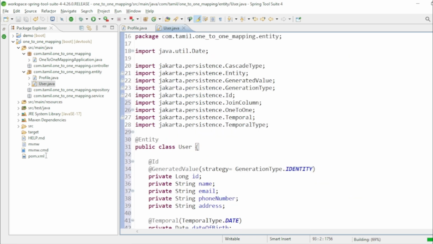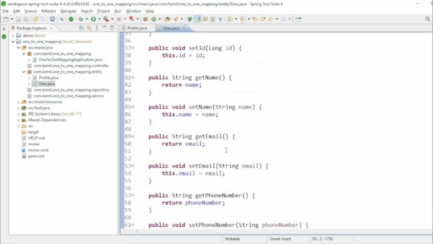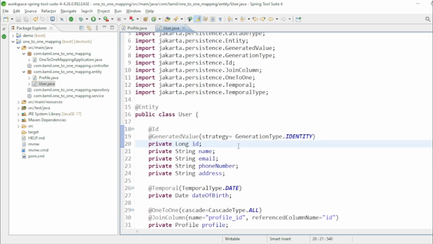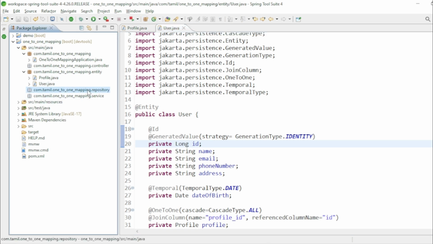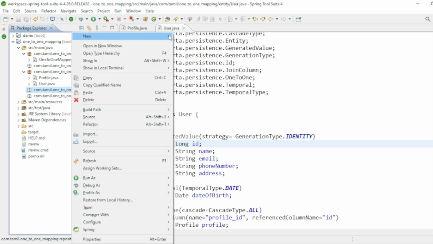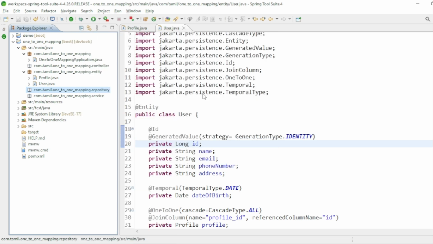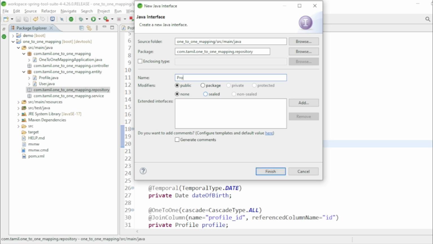Now we're going to create two repositories for these two entity classes. So right click the repository package, go to new, select interface, and the interface name, first I'm going to create the profile repository for the profile entity class. I'm going to create one repository, profile repository. Click on finish,